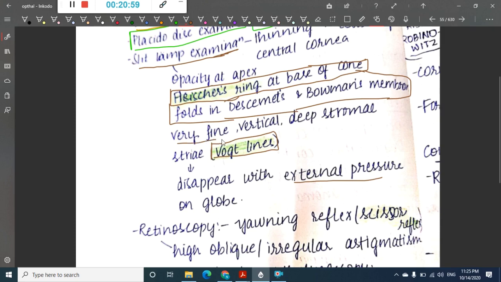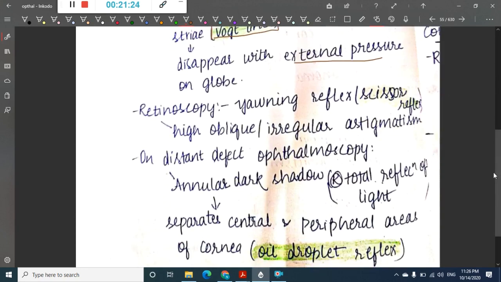Very fine vertical deep stromal striae are called Vogt's lines, which are also seen in slit lamp examination. So on slit lamp examination, we see opacity at the apex, Fleischer ring at the base of the cone, folds in the Descemet's membrane and Bowman's membrane, and very fine vertical stromal striae called Vogt's lines, which will disappear on external